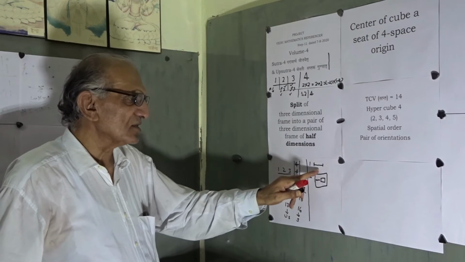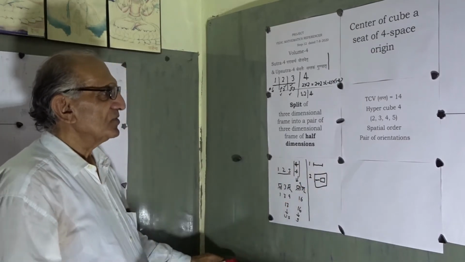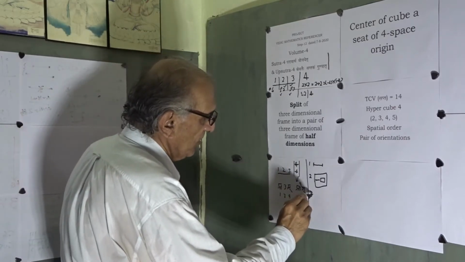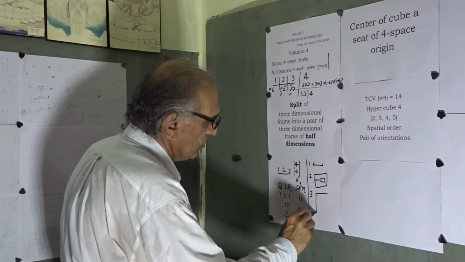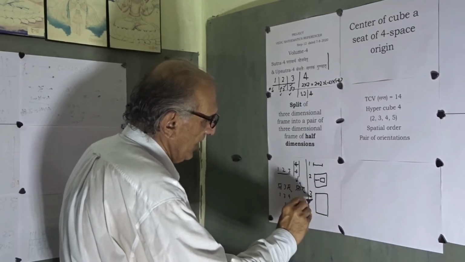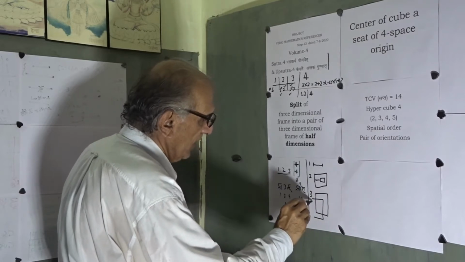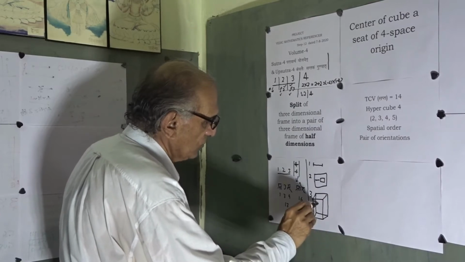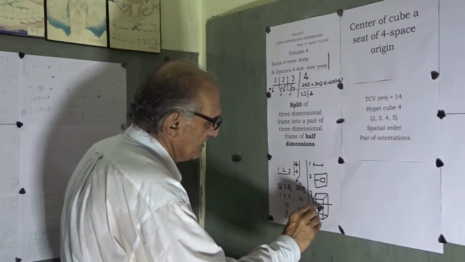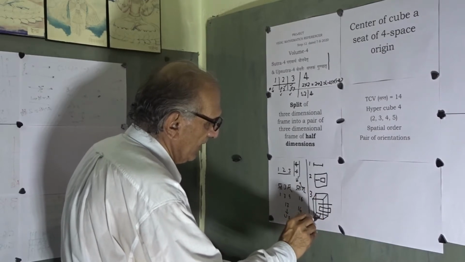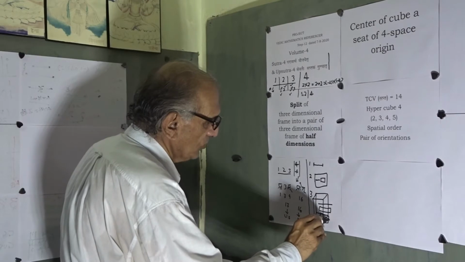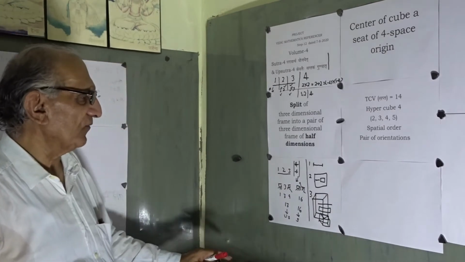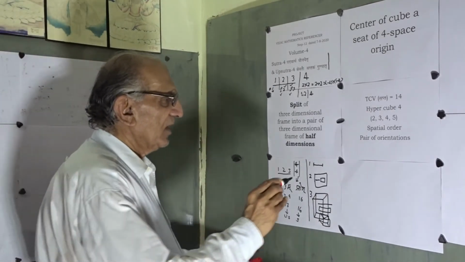A surface within a surface is a concept which is to be absorbed, and likewise at 3 we are at a solid or a cube, a three-dimensional body. Within this three-dimensional body the first axis will lead us to a format of a line, the pair of axes will lead us to a format of a square, and all the three axes will lead us to a format of hypercube 3, or the cube itself. But when we are at 4,